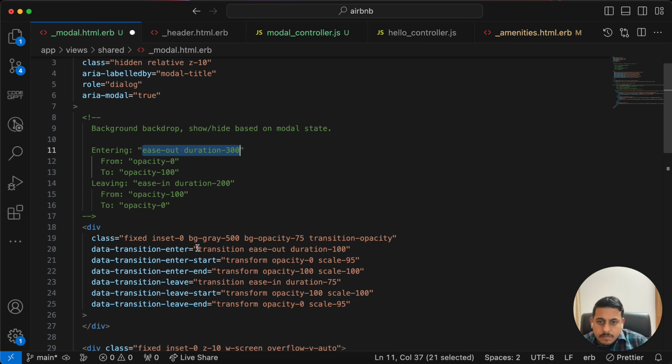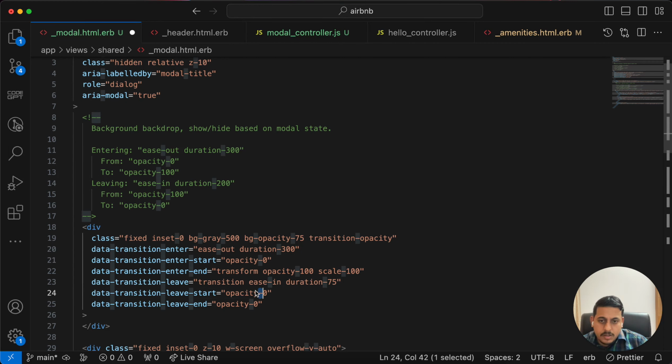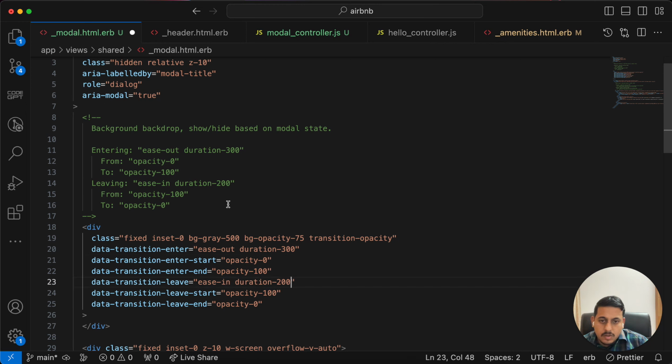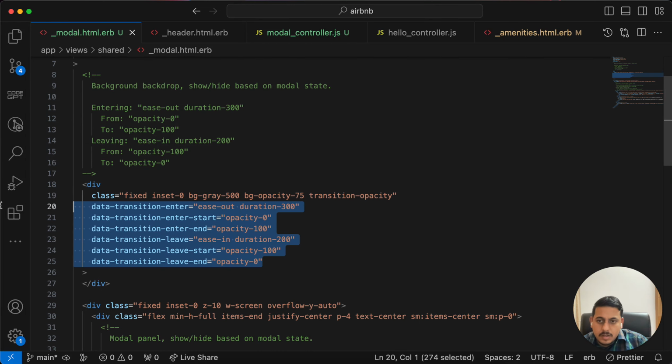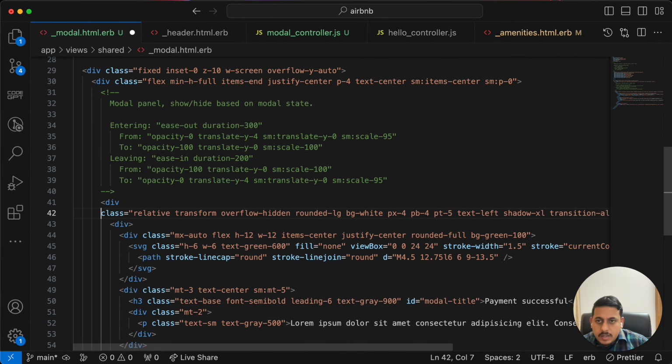Ease out duration, copy, paste, then from is equivalent to start, and this should be end, and here it should be 100, and here it should be 100. Then finally ease in duration 200, ease in duration 200. So we have added these. Let's get rid of this. No, let's keep it actually. Copy this, add this to